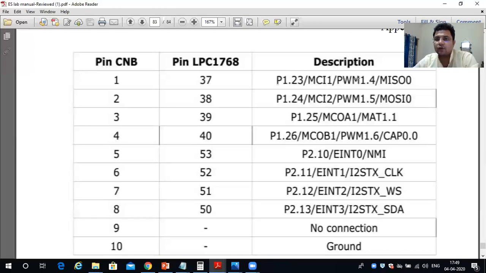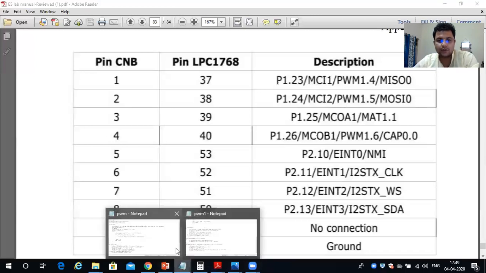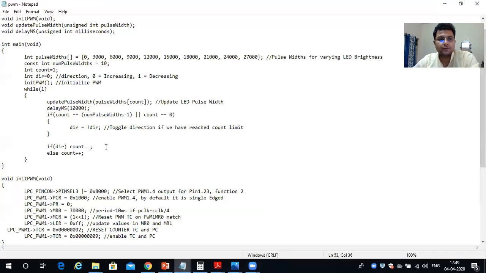Two bits' value we have to write. So here exactly the same thing we are doing. Here in the initialize pin select 3 register, if you convert it, it amounts to configuring the bit position corresponding to the 23rd pin as 10,